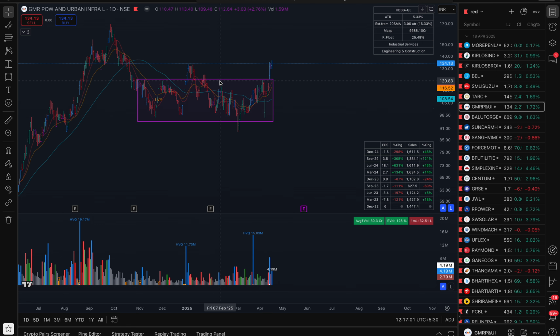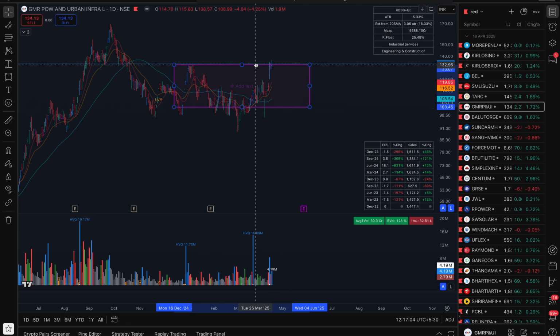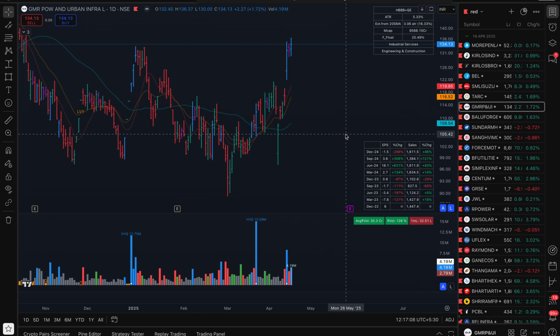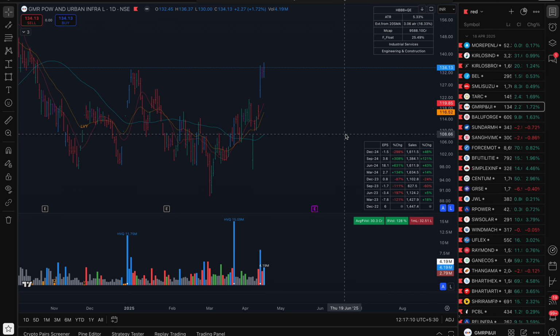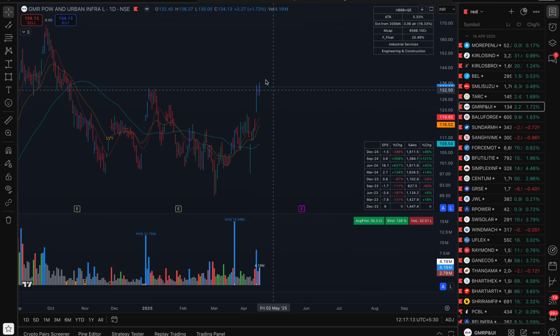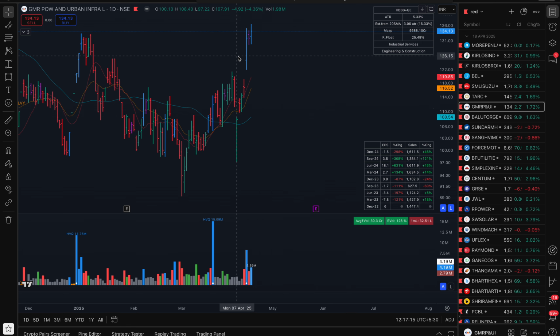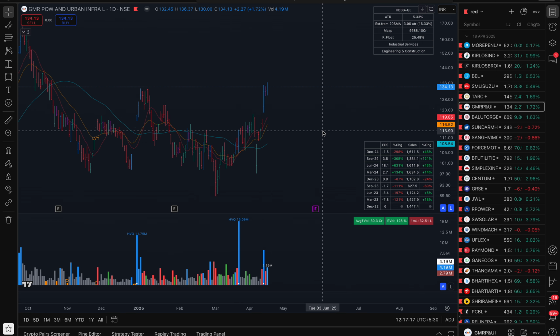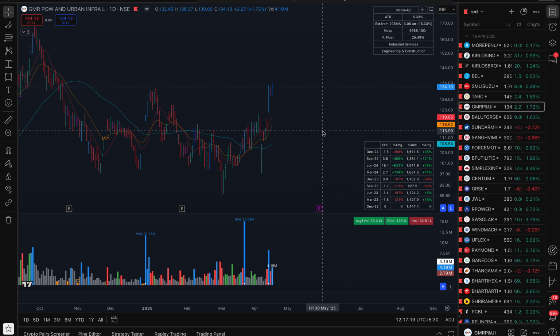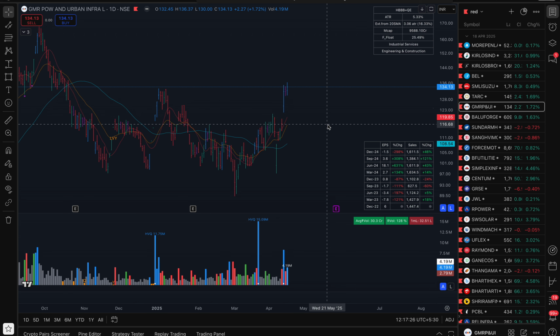Now we are at a point where we could perhaps get a cheat entry which is around the middle of the base. Right now, as a swing trader, I don't think it's an ideal place, although you have two tight days. The other thing you also want as a swing trader is for the tightness to occur at a low risk area, which is when the key moving averages catch up. Having said that, these names can break out even after the tightness. The number of days is just two, or it is